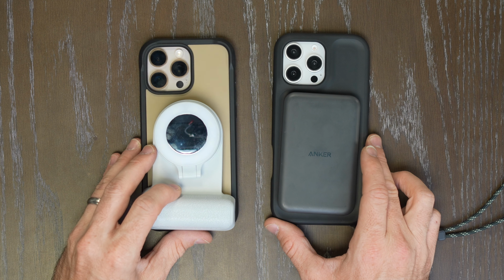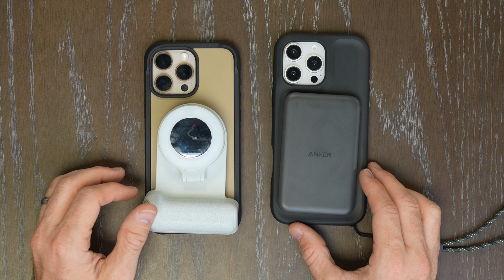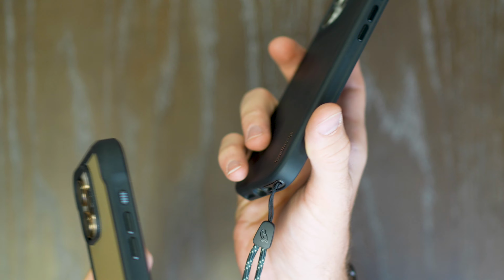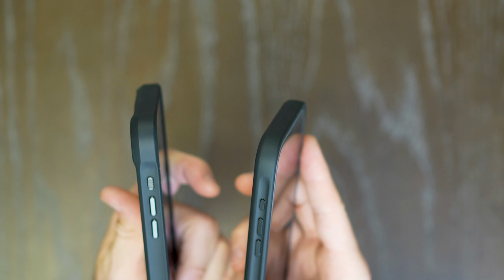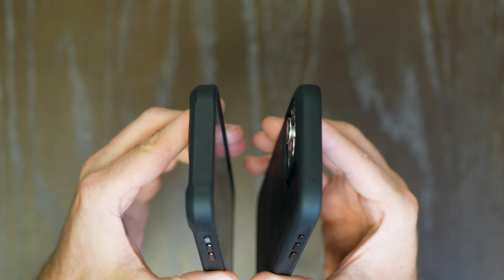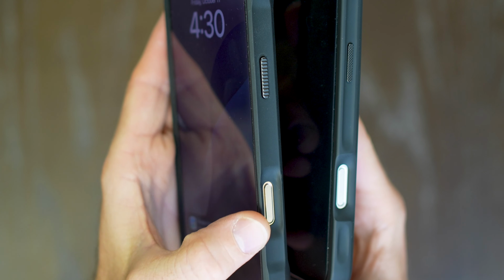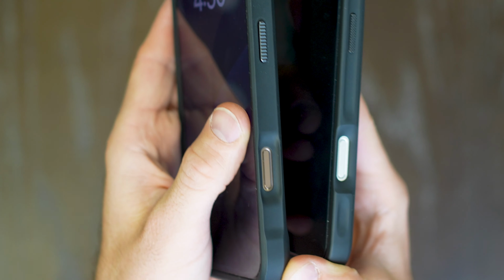The Venture case is great because it uses this durable flex polymer material that is great for drop protection and insulation. That's also included with anodized aluminum buttons and the stainless steel lanyard attachment so that you can use this for a grip. There's internal ribbing for drop protection, and it comes in a bunch of different colors that you can